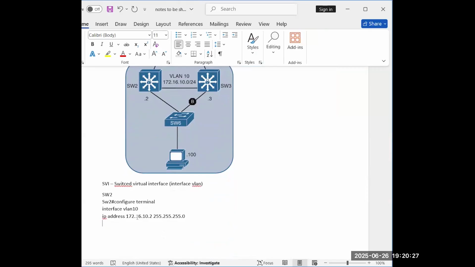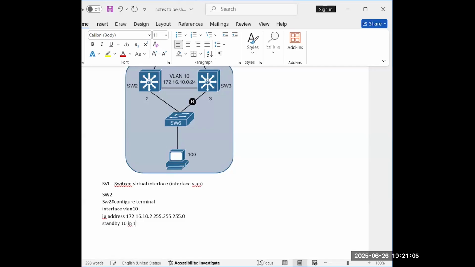Now I want to enable HSRP. So what I will do, I will configure one virtual IP. That virtual IP is going to be acting as a gateway IP. That is standby. We have to give some instance number, 1, 2, 3, 4, anything, because we have multiple VLANs. So for multiple VLANs, we have to keep on changing the instance number. Okay. So standby 10